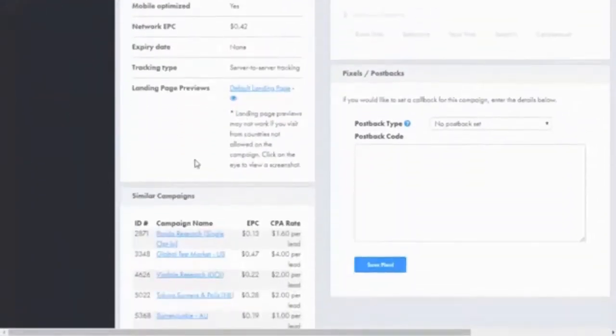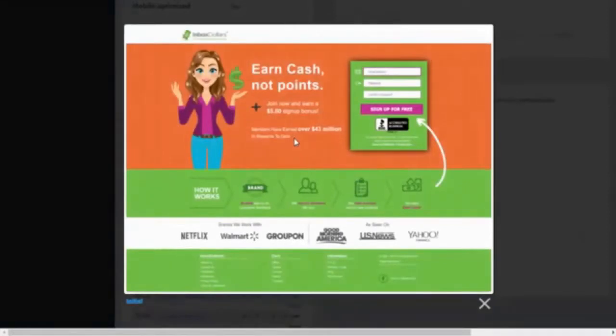Now you can see, if you click here on the eye, you can see the page, and like you see, for every member who signs up, he will get $5. So that's great. That makes our product convert more, and this will give us more sign ups and leads.